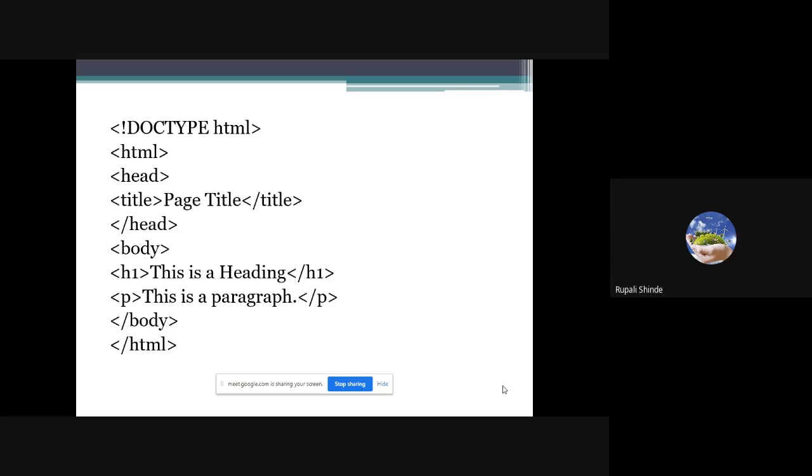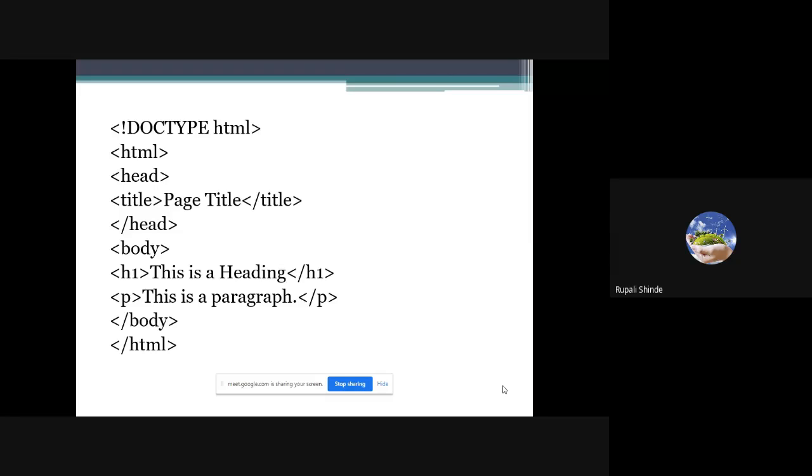Okay, so before the execution, we require one editor where we can write down the HTML code. Everybody knows that if you want to execute any program, you require an editor. Nowadays, we have various editors. We can use Eclipse, we can use NetBeans, we can use any other editor where we can write and execute the HTML code.